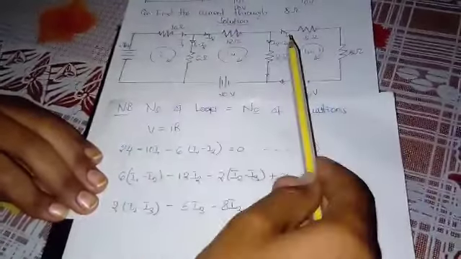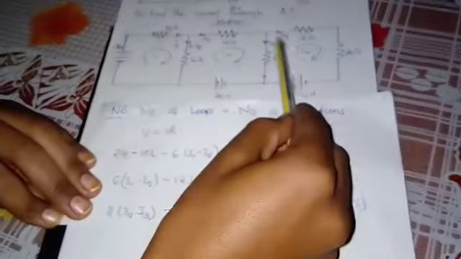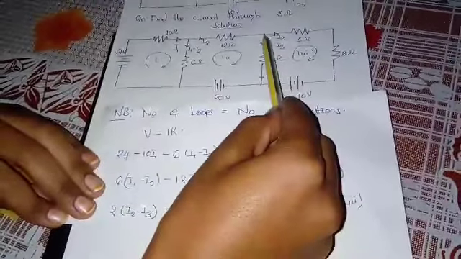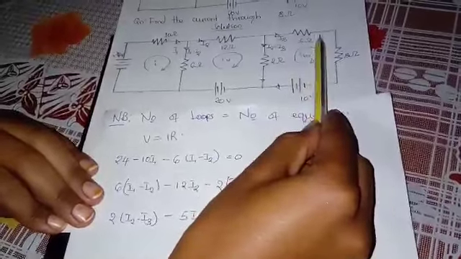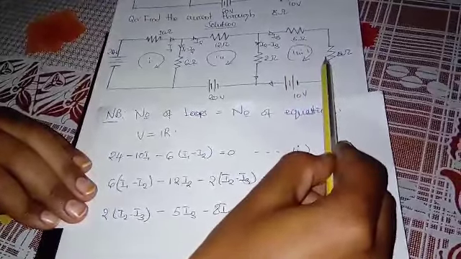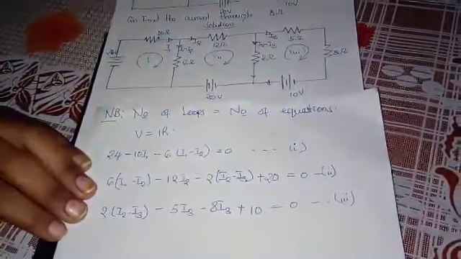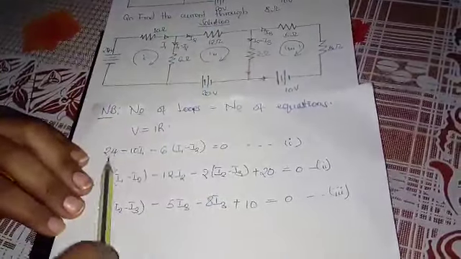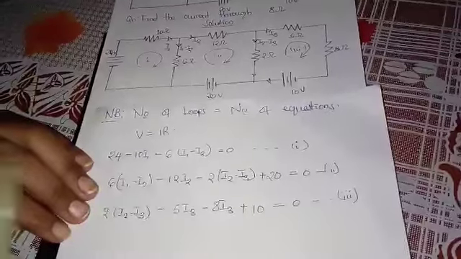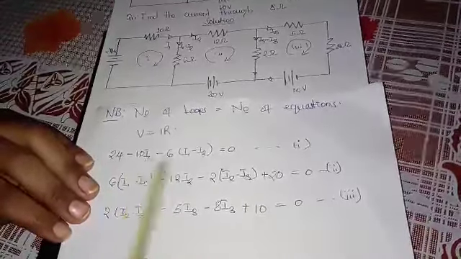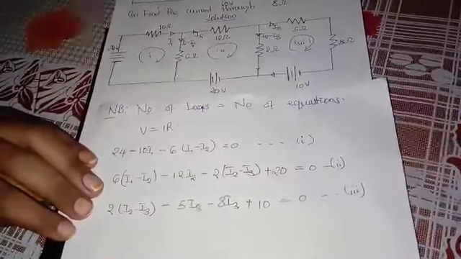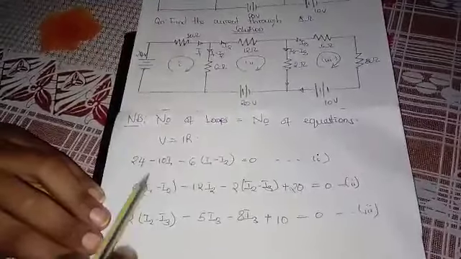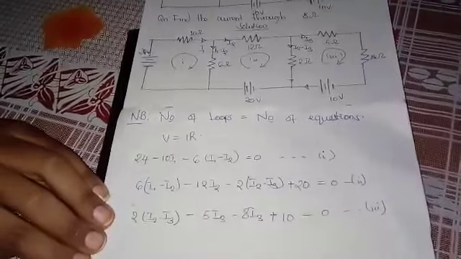As we all know, the question says that we have to find the current which is passing through this resistance, and that means we have to find the current I3, which is this current, because the current which is passing through this resistance is the same as the current which is passing through this resistance. So we have to find I3, and as we can see from this question, we have 3 unknowns. We have I1, we have I2, and I3. So we have to collect